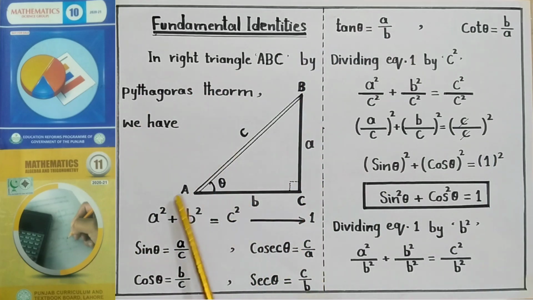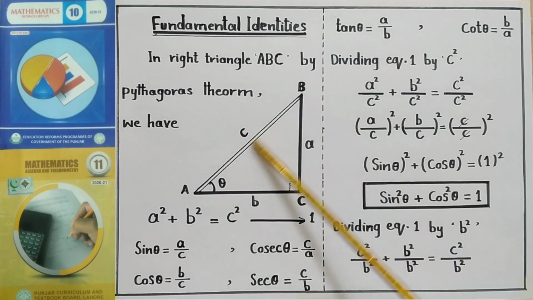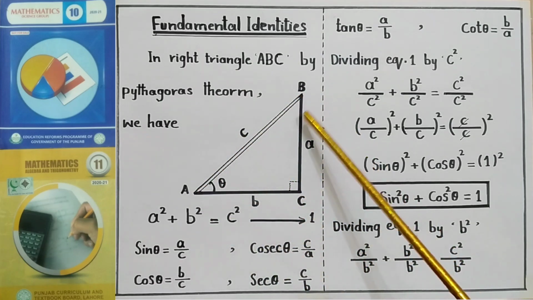So now we come to some very important fundamental identities of trigonometry. As shown in the triangle ABC, theta is in the standard form. Opposite to that theta is a small a, that is perpendicular. The line along the x-axis joining with the theta is called base of the right angle triangle, and the side opposite to the right angle C is called hypotenuse of the given right angle triangle.